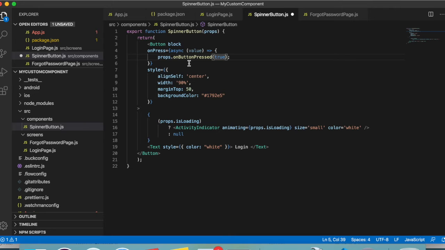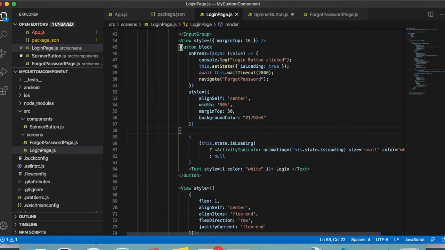That's the reason we have added it as a custom component. So now we have hooked in two things. First, we have added a property isLoading. Then we have added an action onButtonPress. Now to use this component inside the login screen, we need to just remove this button part.